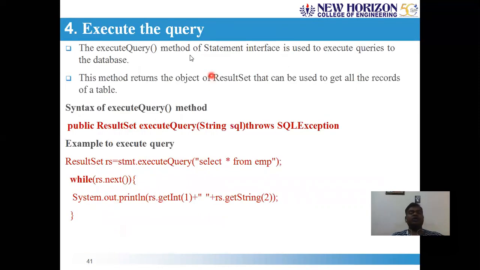The fourth step, you can use the execute query method, which takes your queries to the DBMS, which executes them and produces the results. The execute query method syntax will be like this. Always remember, execute query method returns a result set object. A result set object has data in it in a tabular form for the select kind of query.